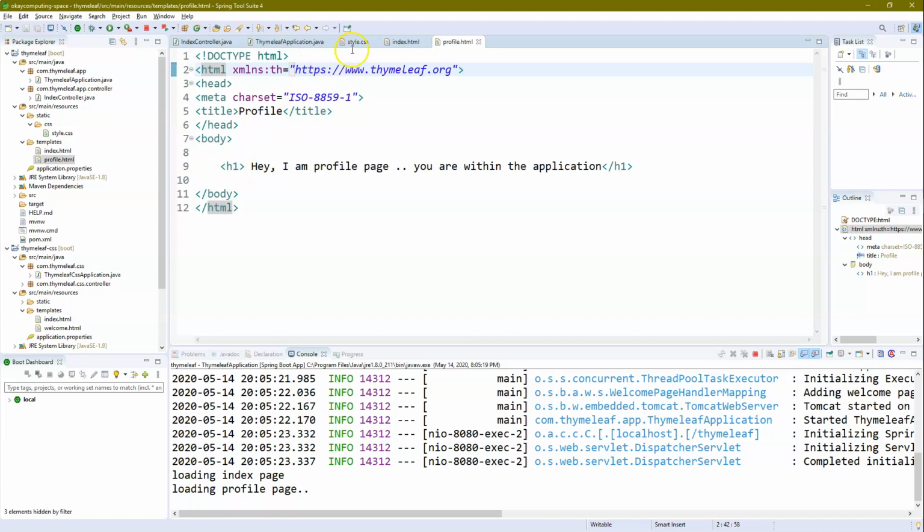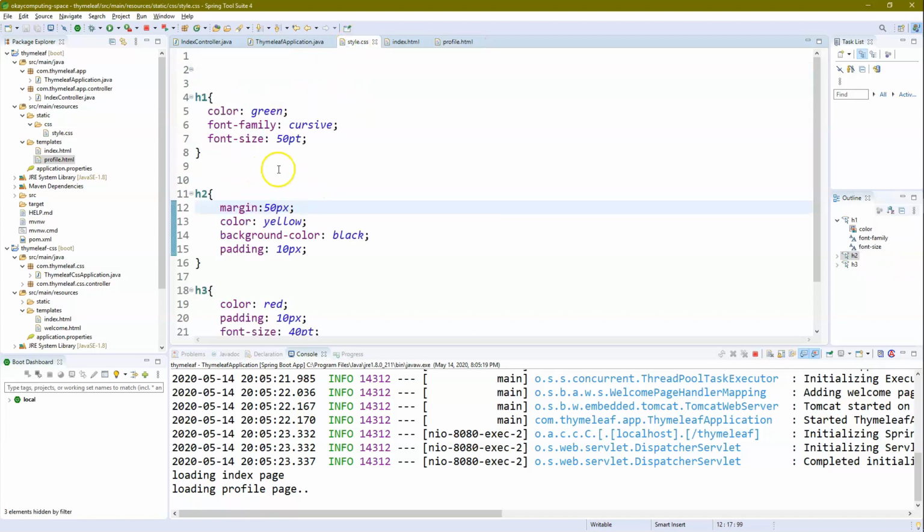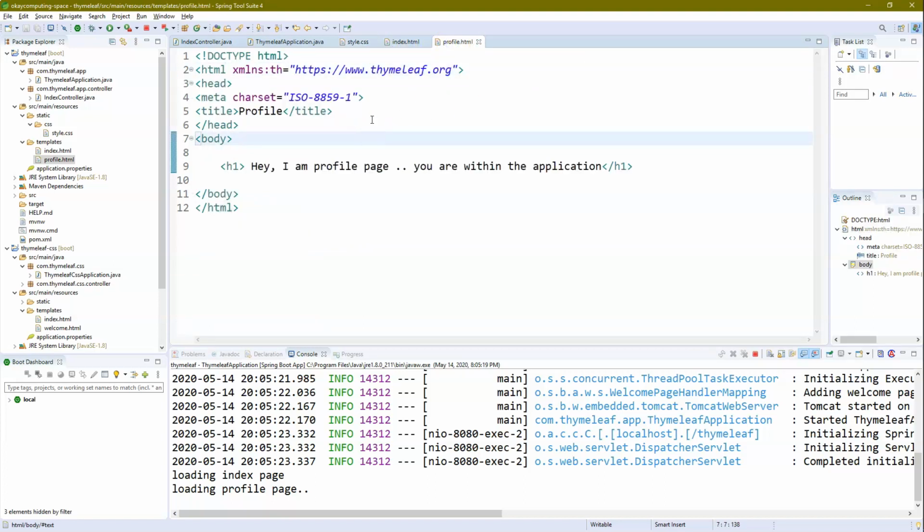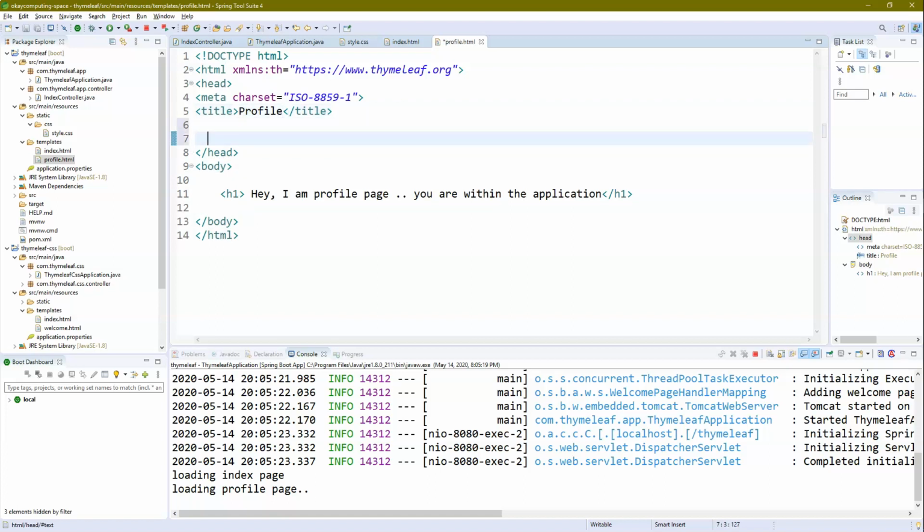Let me see what we have in this style, h1. If I go to the profile page, we also need to include the CSS.